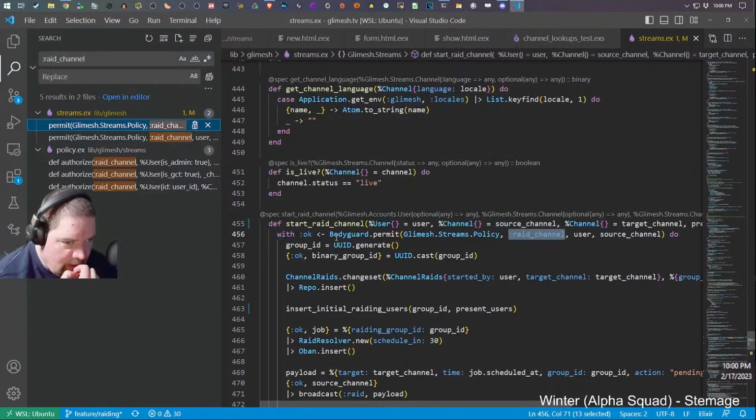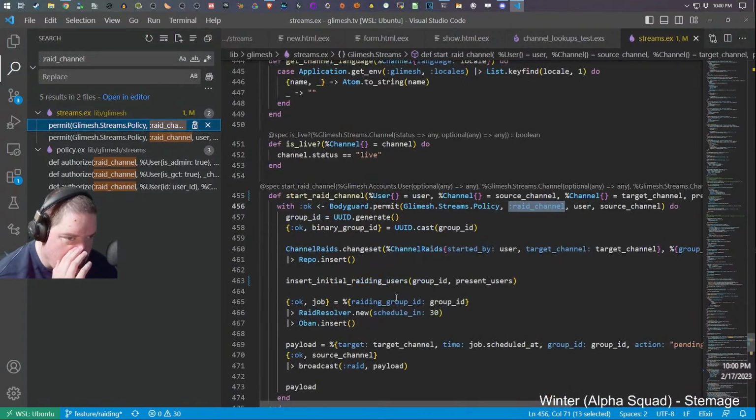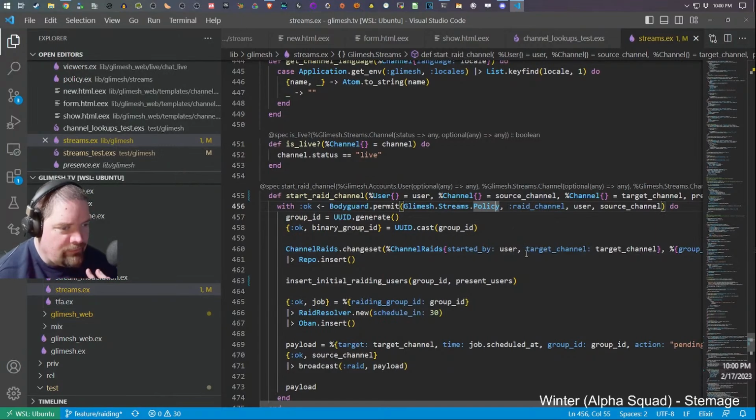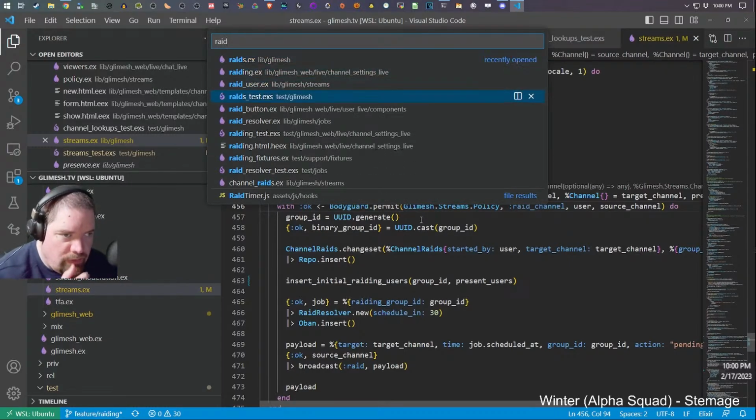Yeah. So we just have to add an additional... Like, the cancel is fine. All the cancel needs to do is to say that you're the owner of the channel and then cancel the incoming raid. But the start raid needs an additional check here. Which I didn't find when I was doing my testing because I hide the button when you don't allow raids. So if I look at the raid button here,